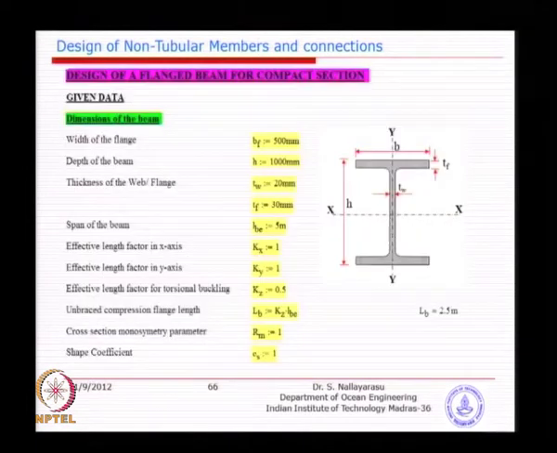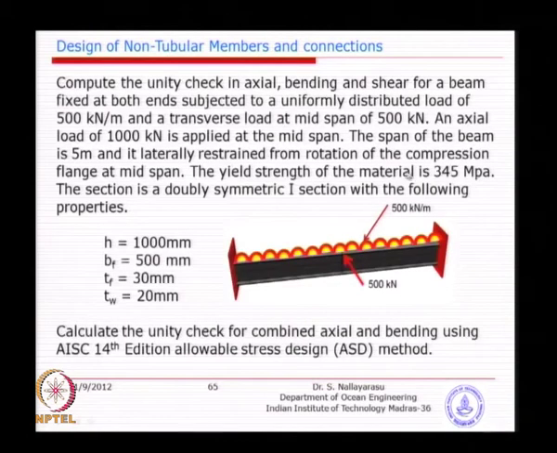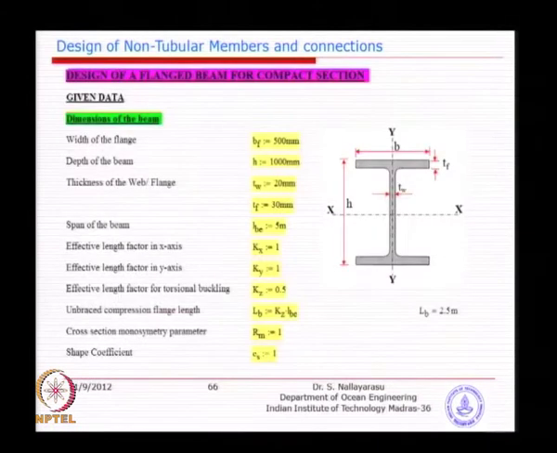So, simply going through the parameters, of course, K factor is given as 1 for you already, and unbraced length has been given as half the beam length. The span of the beam is 5 meter and it is laterally restrained at the mid span. Just like what I showed you in a picture yesterday, along the mid span another member is coming and joining perpendicular to the length of the member, so that it does not allow you to rotate about its axis. So, that is the idea behind.